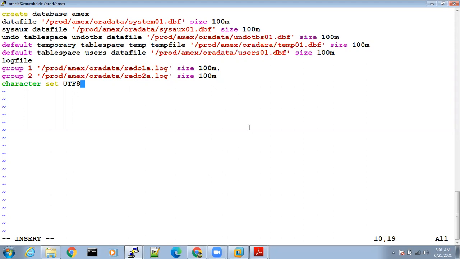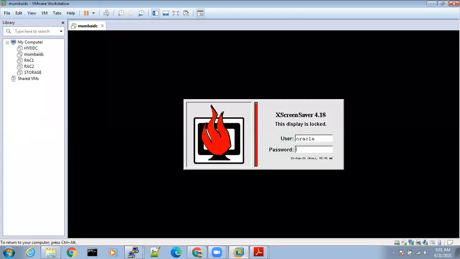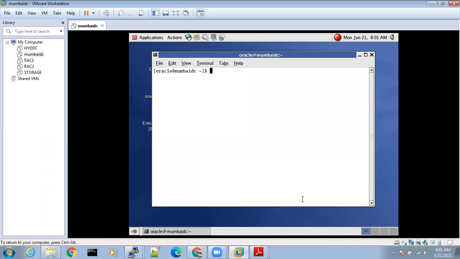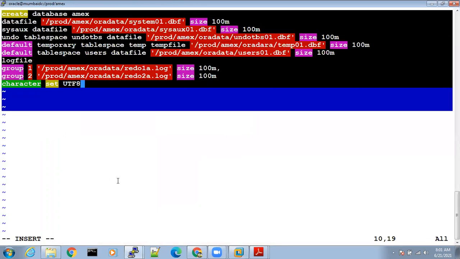For example, if you are not typing, and we are just going with the GUI, just clicking on next and everything, what happens? Simple. You will not come to know about these files if you are not doing it manually.